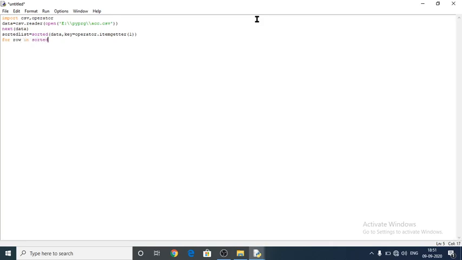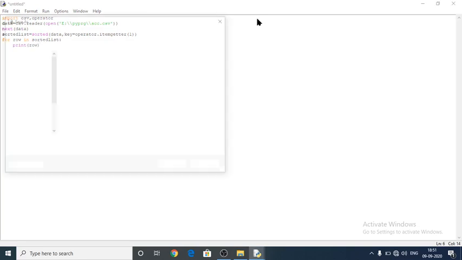Row is a variable, and it gets the data from the sorted list. Next I am going to print the row.